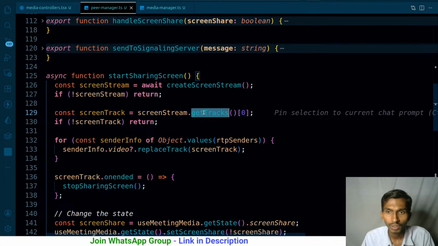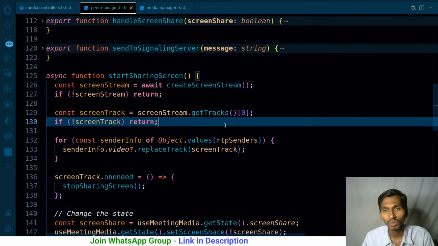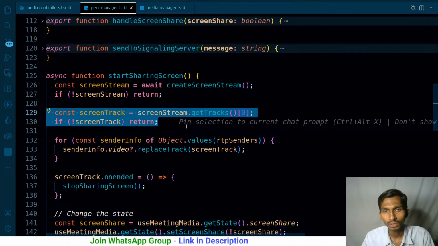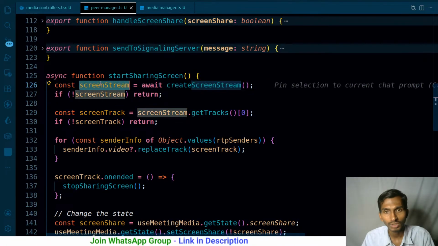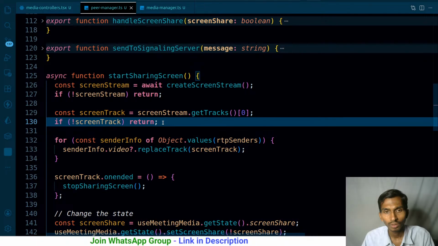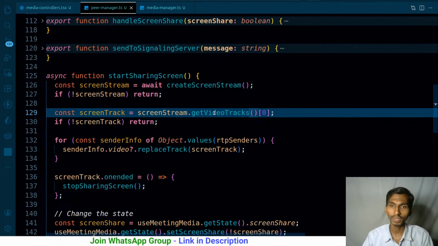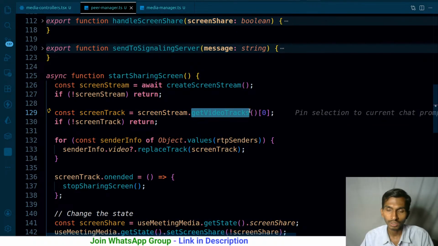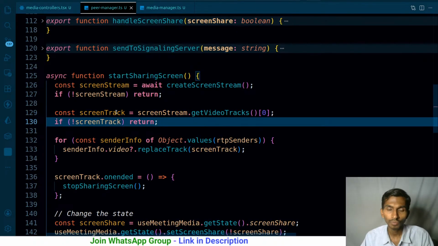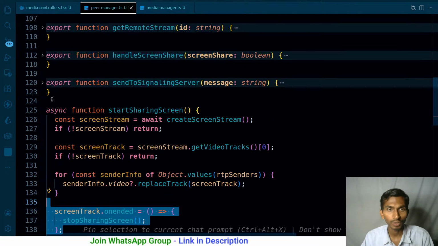Screen track, get tracks. I'm just simply getting the tracks. When I'm actually getting the track, what if that is audio and video? It will be fine in that case. It doesn't matter what I'm getting in here, because at the end of the day that is just the normal screen track. Or getVideoTracks, it would be better, because I will stop sharing the video, right? When I'm sharing the screen, I will stop sharing the video. So I need to call it on the video itself.